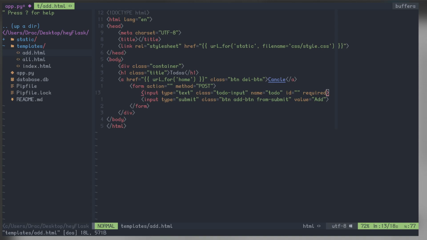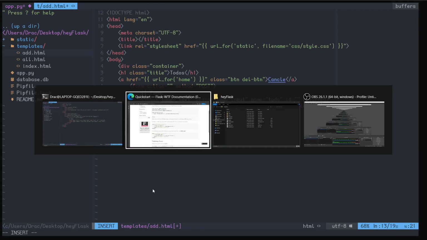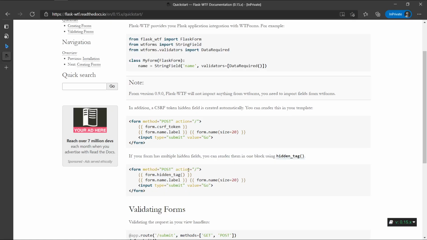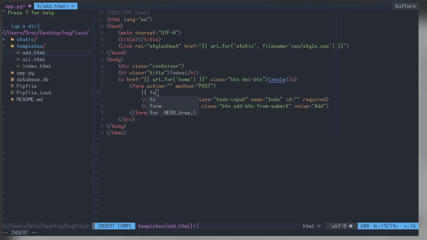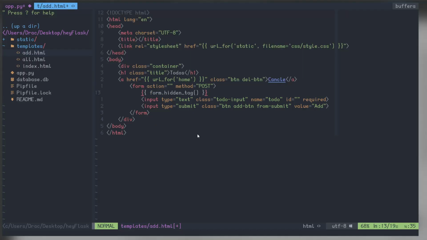Here I can access that form. By doing form dot, let's just put hidden tag first. This hidden tag is responsible for rendering that CSRF token that I talked about in the last video. So this will render out the CSRF token in our HTML page, and to render a field in our application,